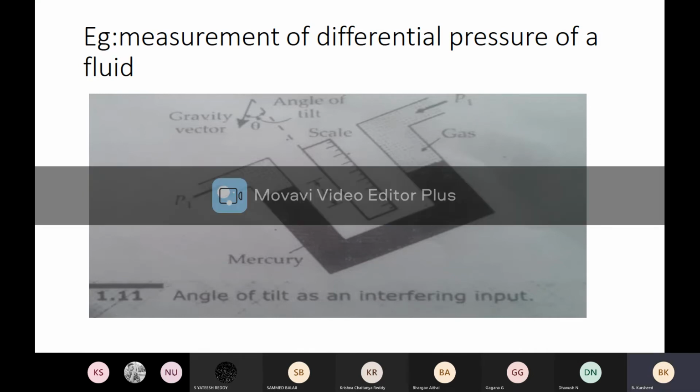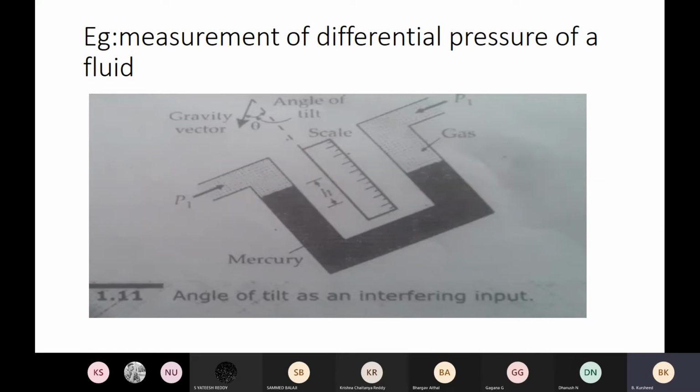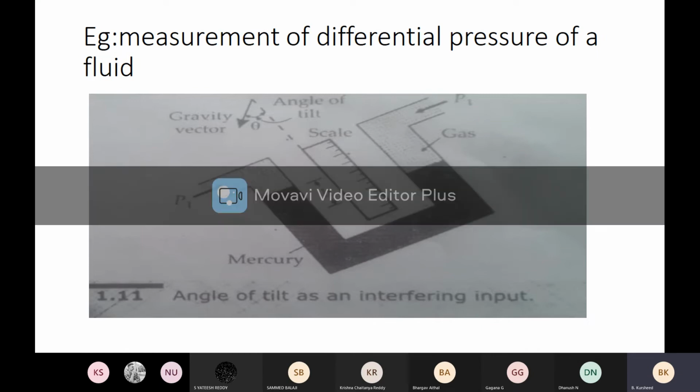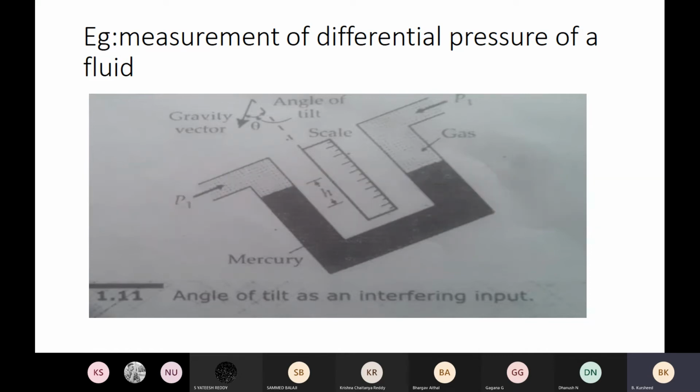In many ways, it modifies the input-output relationship. Change in the ambient temperature changes the length of the calibrated scale, thereby modifying the proportionality factor relating the input and output. There is some H that can be controlled by increasing the temperature. By increasing the temperature, the mercury level can be brought to a desired level. That is what we are providing as a modified input, by increasing the temperature or providing a gravitational force.